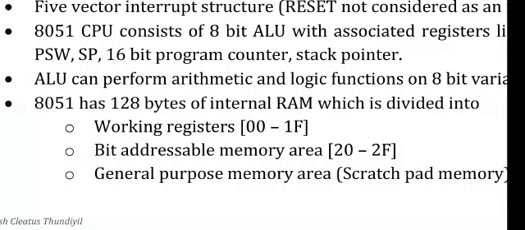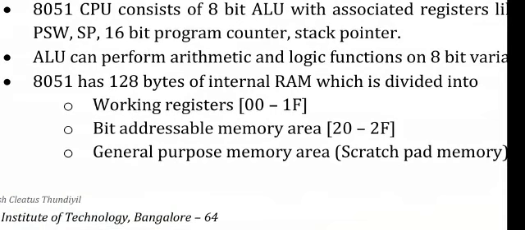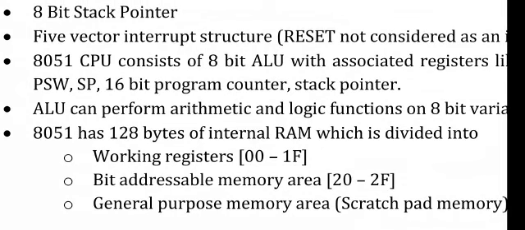We are also going to learn that in a next chapter. And from 30 to 7F is the general purpose memory area. So our RAM is divided into three parts, and this RAM organization is also an important question in the 8051. We are going to study it in detail in chapter 2, where we study the architecture of the 8051. A part of the architecture is the 128 byte internal RAM. Okay, so hope you find it useful.